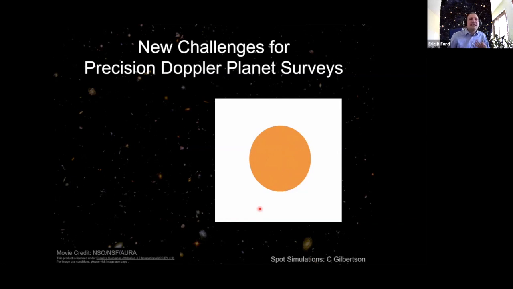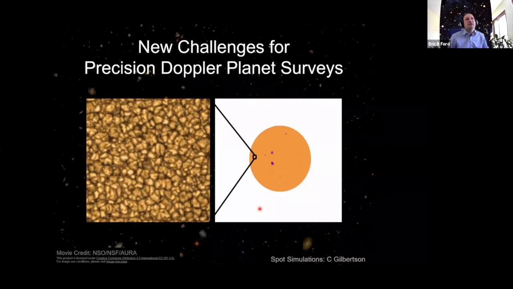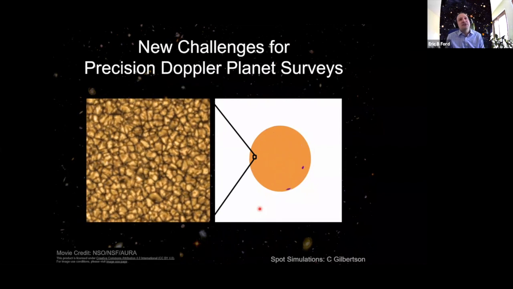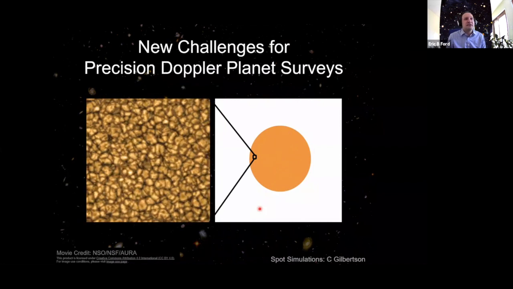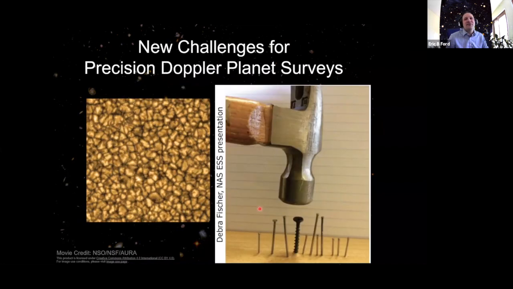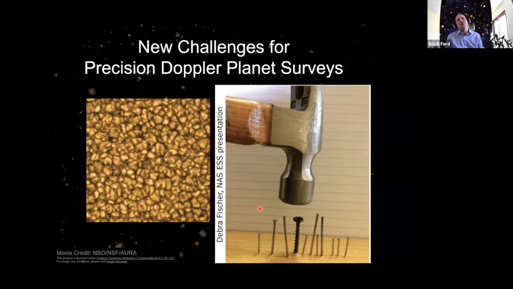So perhaps the easy type of variability to think about is star spots. There's been a lot of study of that already. Perhaps the scarier thing is convective flows, things like granulation, maybe even supergranulation patterns. And the reality is that we're now detecting signatures like this, and that's going to be a challenge. Debra Fischer made a great little graphic of how, as you try to push towards the lowest precisions, anything you're not worrying about can come back to bite you.